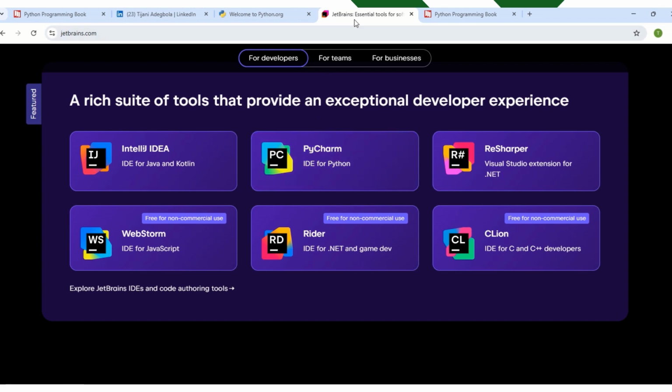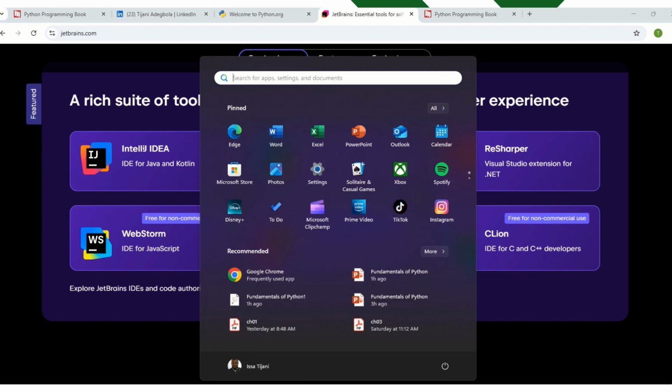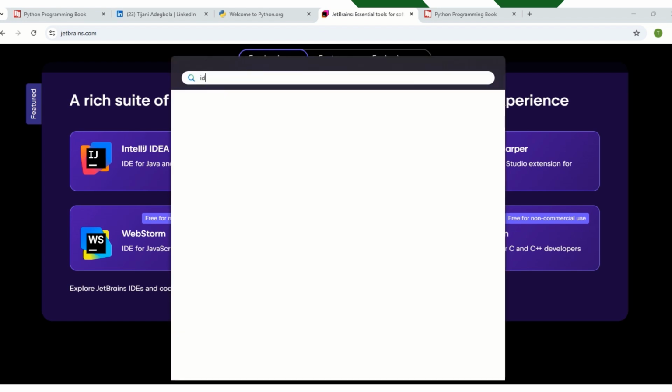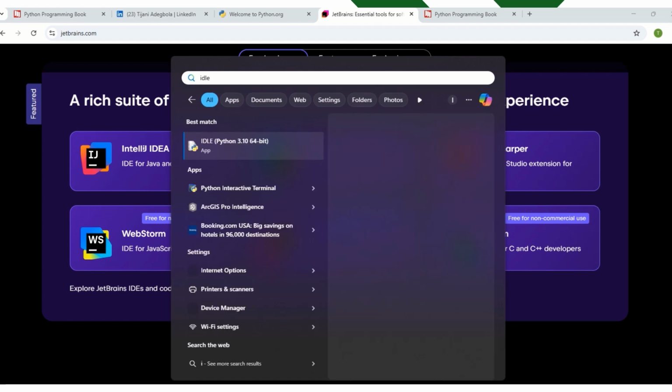Another thing that I will mention is that I'm going to assume you've downloaded Python software. So if you want to work in the IDE, and you want to start writing your code, the next thing is to click on your Windows button and type IDLE. When you type IDLE, wait for it to come up.